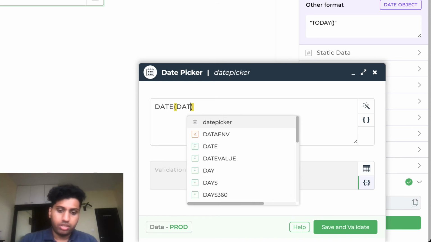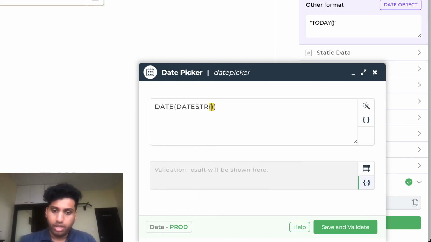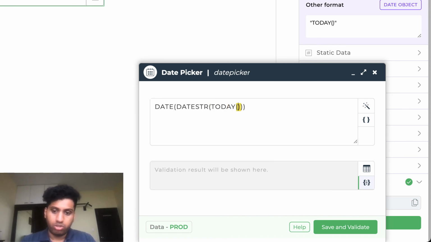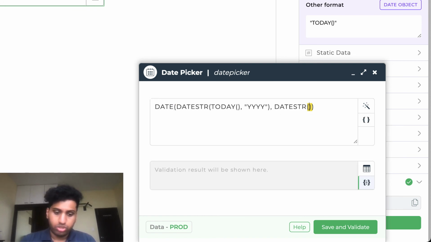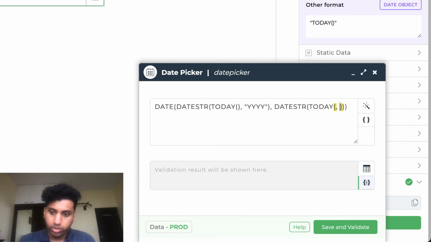For the year, we are going to use the date_str function which we just saw, and we are going to pass in today because we want the year to be today's year. And what format is that going to be in? YYYY for retrieving just the year. Then we are going to pick date_str again, and we are going to use today again because we want the month of today.